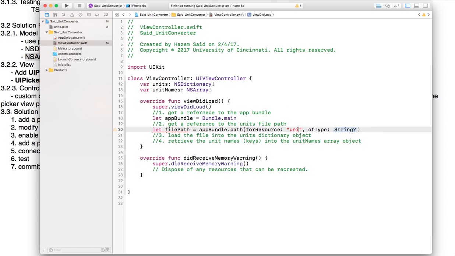So the file name is units, all lowercase, then all lowercase. This is case sensitive, so if your file name has an uppercase, then use uppercase. I do not recommend using spaces in the file name, so try not to do that. And then the extension is also a string, so you put the extension, which is the plist, not the dot. And then put the exclamation mark at the end